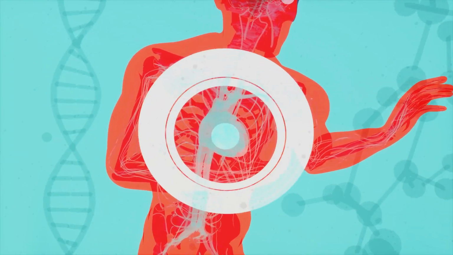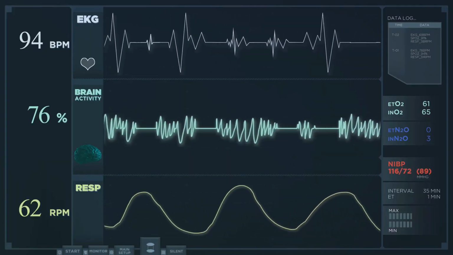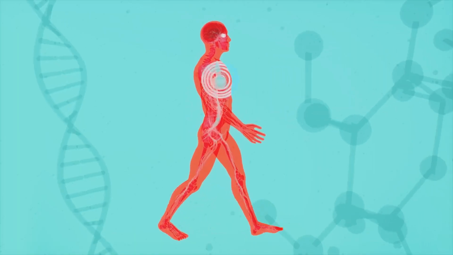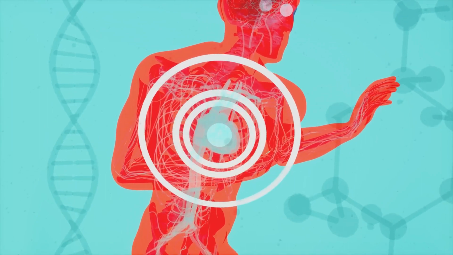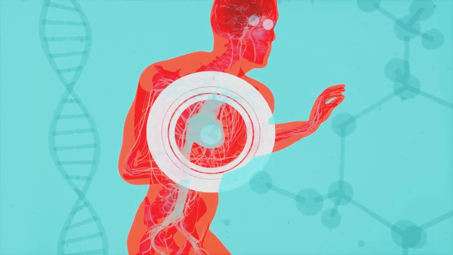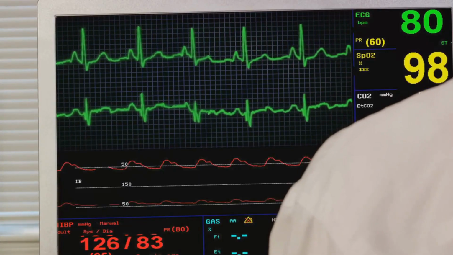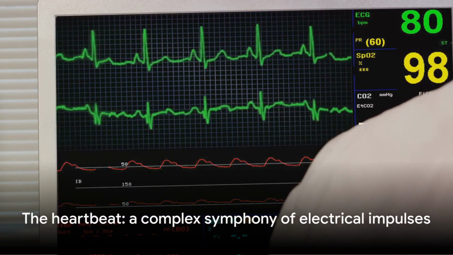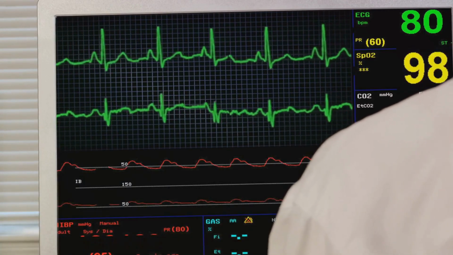Moving on to impulse conduction, we've delved into re-entry circuits, which cause rapid repeated depolarizations in a region of the heart. Conduction blocks can also occur, leading to issues such as bradycardia or tachycardia. Lastly, we discussed bypass tracts, which can facilitate premature ventricular activation. Understanding these mechanisms is crucial in the study and treatment of arrhythmias. Remember, the heartbeat is far more than just a simple rhythm. It's a complex symphony of electrical impulses,